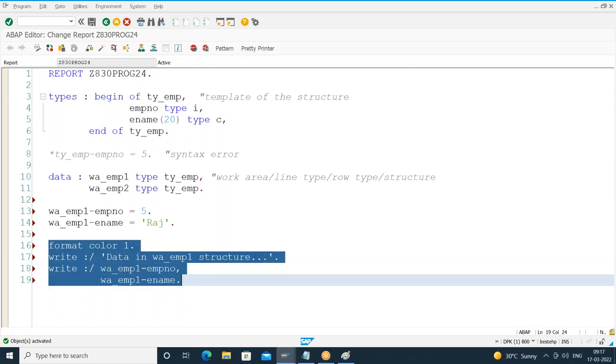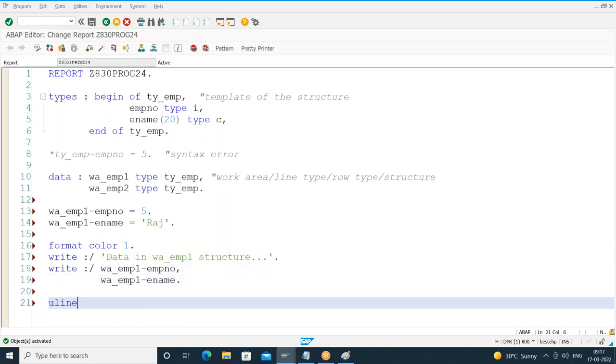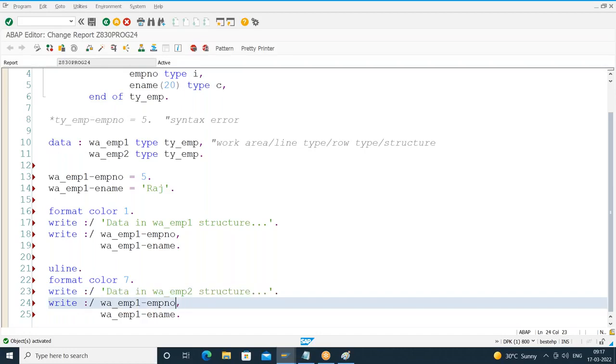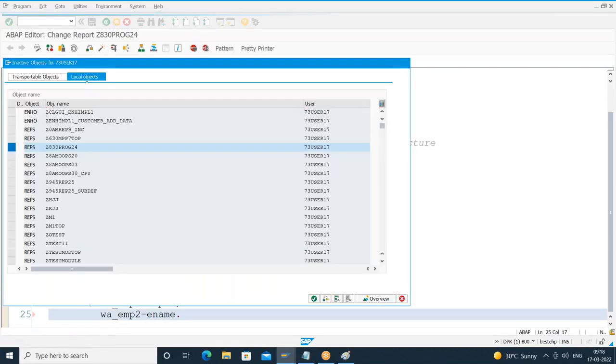Okay. So I'm storing some data in employee 1. In employee 2, I have not stored any data. So for our understanding, in the W_EMP2 structure I don't have any data, so I'll get the default values: EMP2-employee number, EMP2-employee name. So when I execute F8,